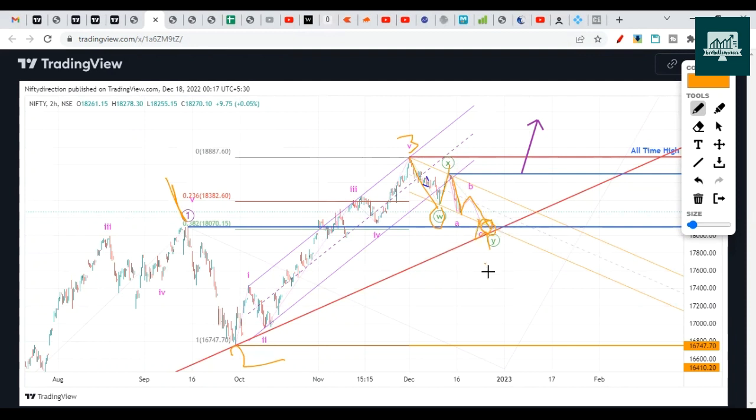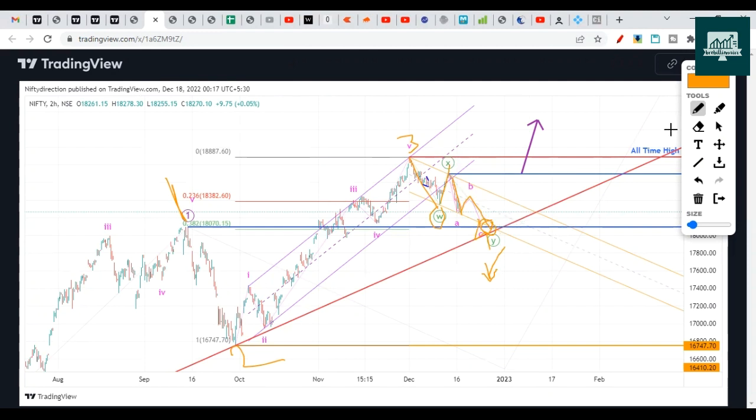So it's allowed to break 18,000. What will happen is it will break 18,000, go towards 17,900, and on the same day close above 18,000. That can happen. If something like that happens, then be careful, as this case's chances will increase. We'll talk about that next week maybe.